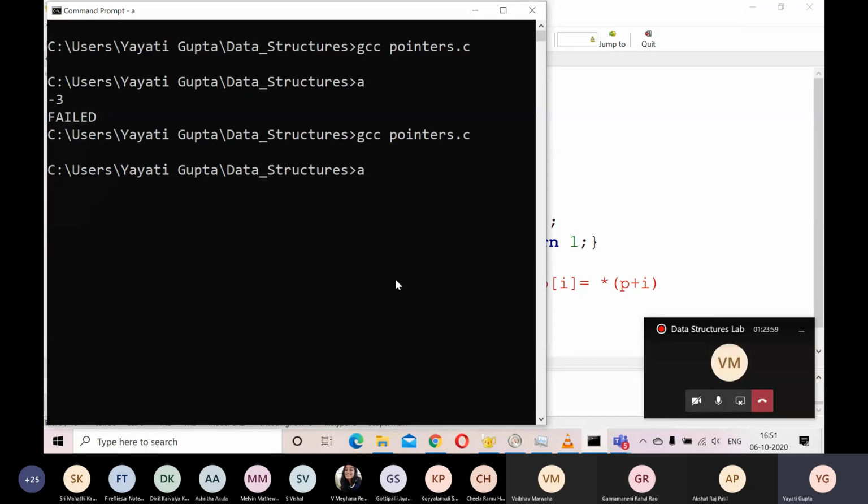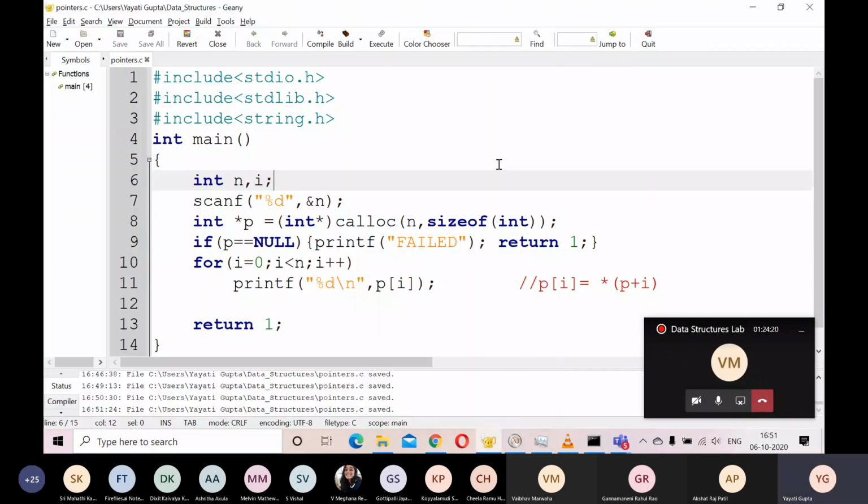So let's go ahead and run this code, and let's say I have 3 elements and I get this output. Did you notice any difference? What was the difference when we allocated memory with the help of malloc and now? When you did it with malloc, you got some garbage values. But when you allocate your memory with the help of calloc, it initializes all the memory locations with a 0 value, which is your default value. So this was much about malloc and calloc.